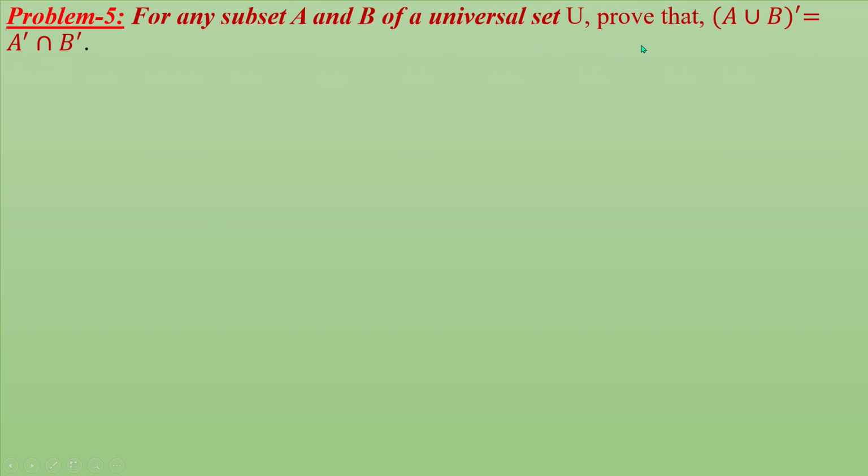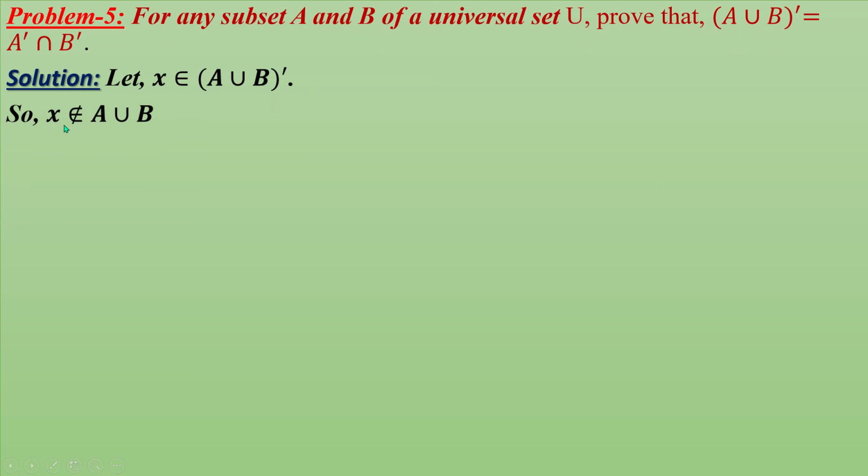De Morgan's law: A union B complement equals A complement intersection B complement. Let X belong to A union B complement. So we can write X does not belong to A union B. X does not belong to A union B means X does not belong to A and X does not belong to B. Yes, here is union, but we write here and, because X does not belong to A union B. So X is not in A, also not in B. So here it will be A and